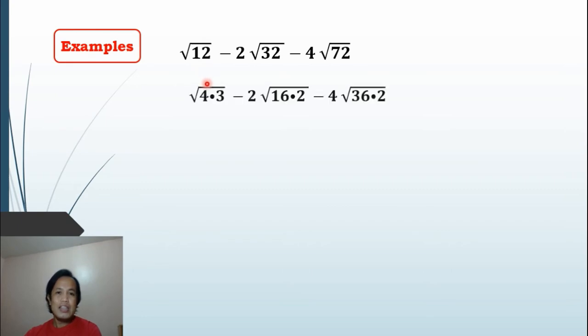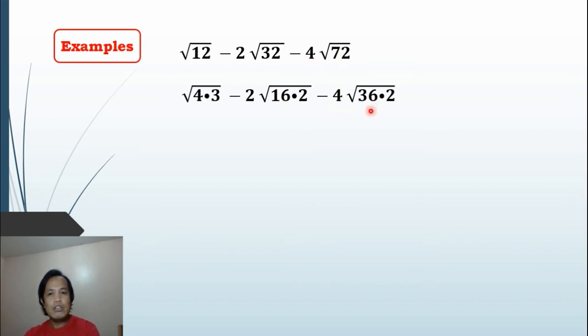We can rewrite these radicands as 4 times 3, which is 12, and 4 is a perfect square. Then we copy minus 2. Then 32 can be written as 16 times 2. 16 times 2 is 32, and 16 is a perfect square. The same happens for 72. We copy minus 4. Then 72 can be written as 36 times 2, which is 72, and 36 is a